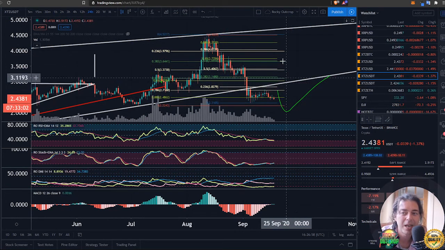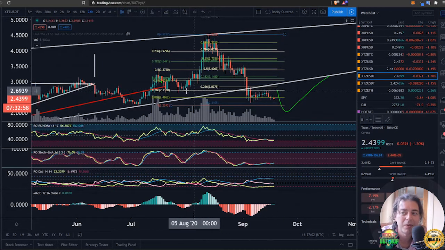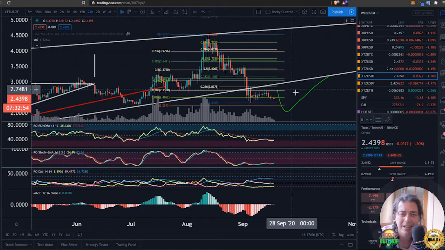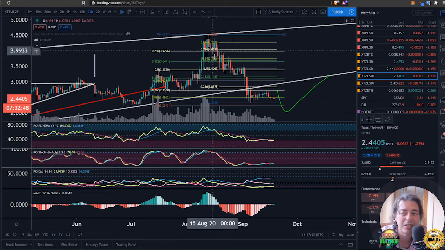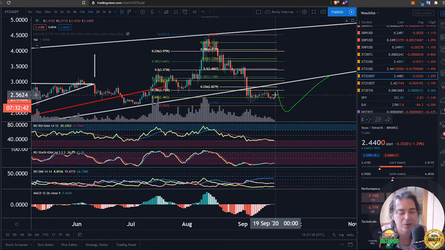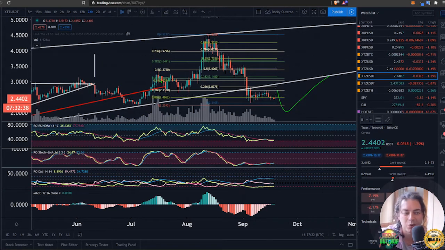I want to see us recapture the rising wedge area, for instance. I want to see us going back up above the 786 and the 236 and all that sort of stuff. Plenty of opportunity would exist around all this area, offering really nice trading opportunities, as we've had really nice trading opportunities to the downside over the last month. So let's see how this goes over the weekend. And I think I've laid it all out for us in quite a lot of detail.